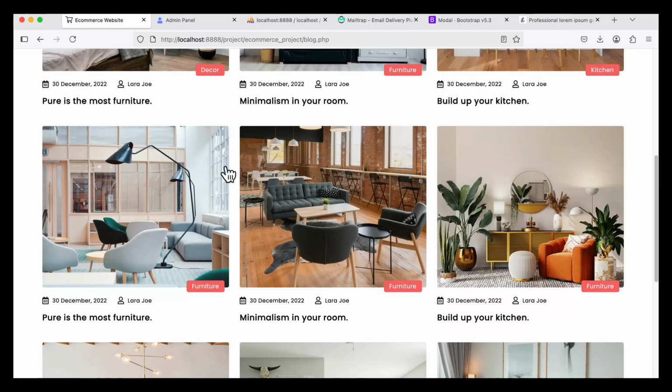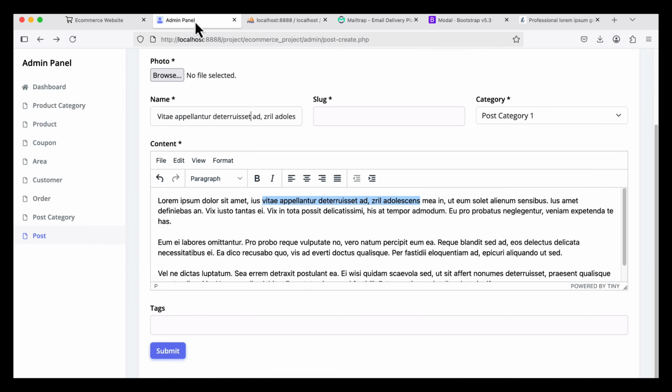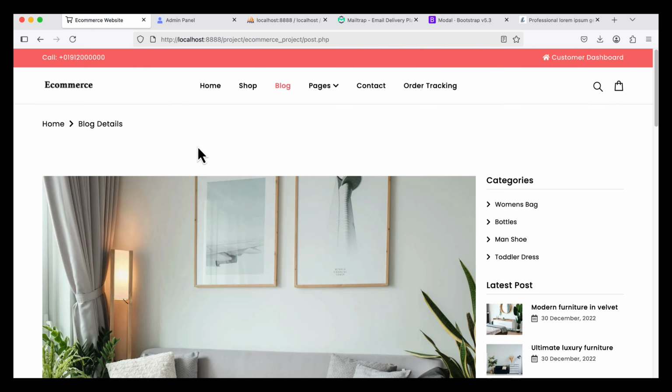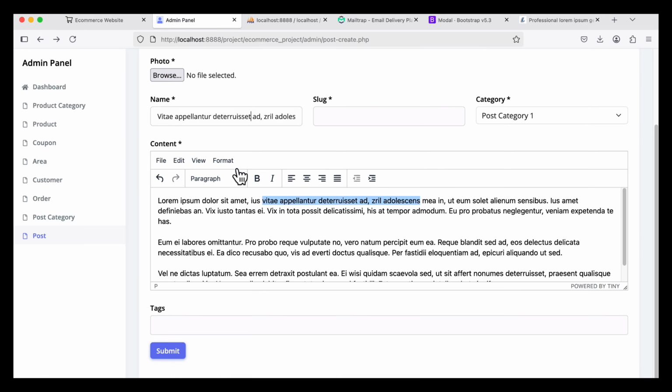If I go to the blog, you see the post name is normally short. Okay, so I can make the name short, not very long, something like that. And here I copy this and paste it here. I make it a slug here like this, and this is the slug,